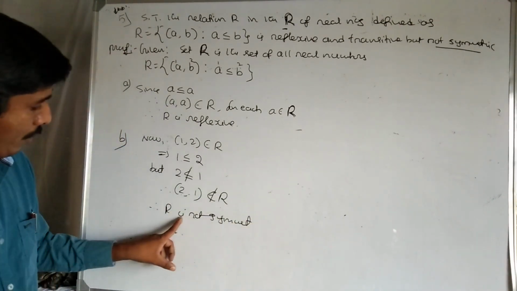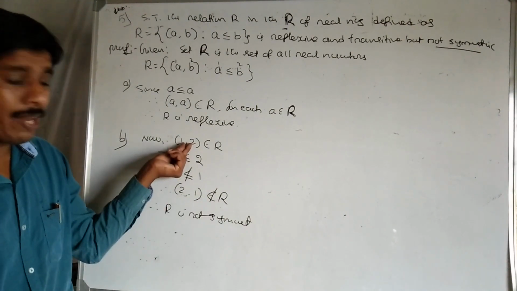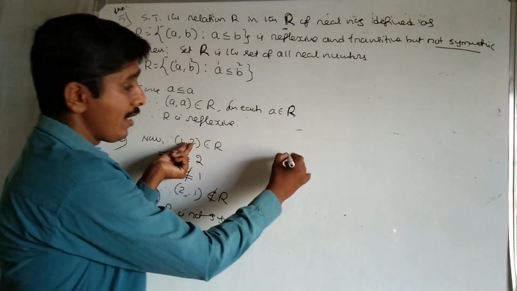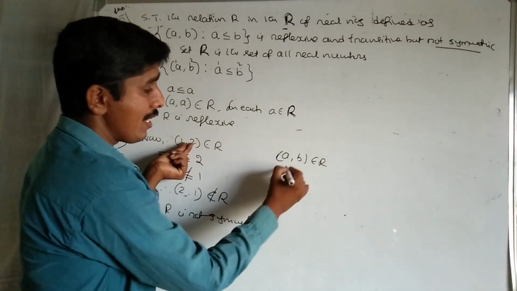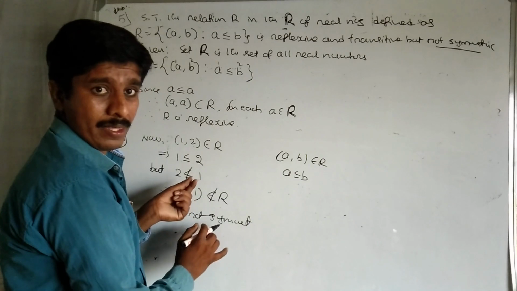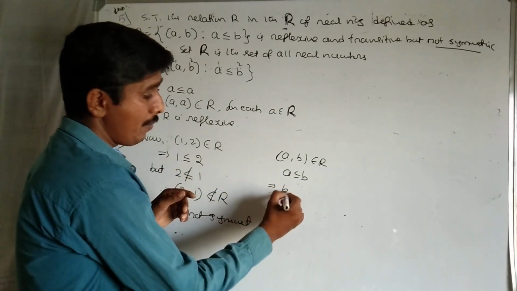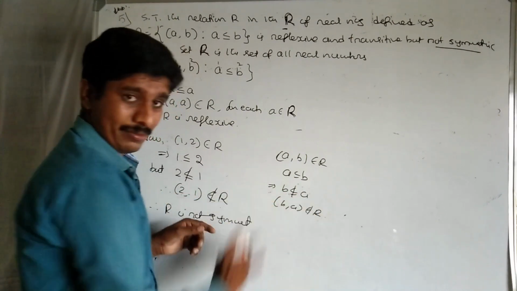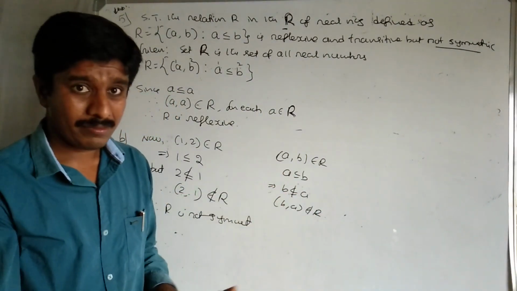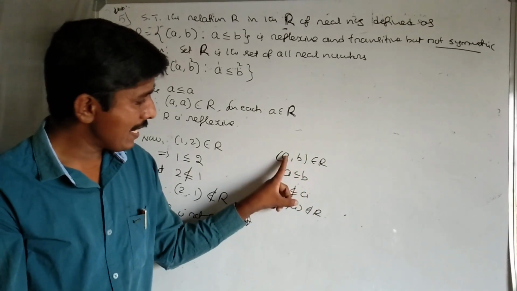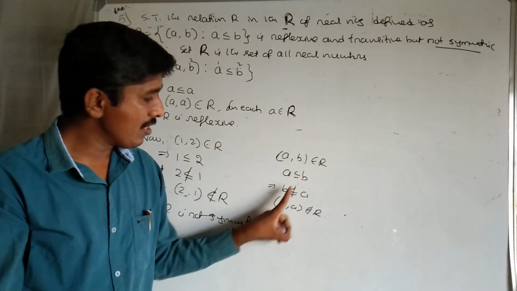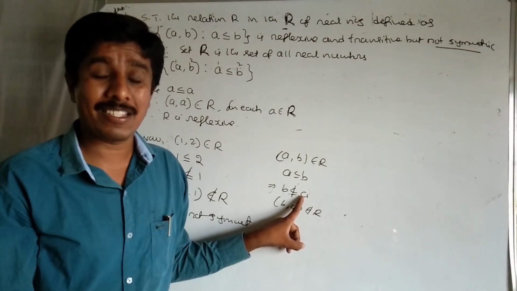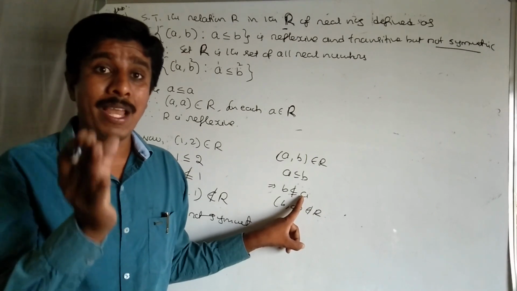See, for proving not symmetric, take a particular element in the relation and prove that it is not. So, if you take an element, suppose (a, b) belongs to the relation, a is less than or equal to b. Then b is not necessarily less than or equal to a, so (b, a) doesn't belong to R. Don't take elements like this. If (a, b) belongs to R, a is less than or equal to b. So we can take directly: b is not less than or equal to a. Therefore (b, a) does not belong to the relation. Therefore it is not symmetric. Don't take it like this, where some element satisfies.